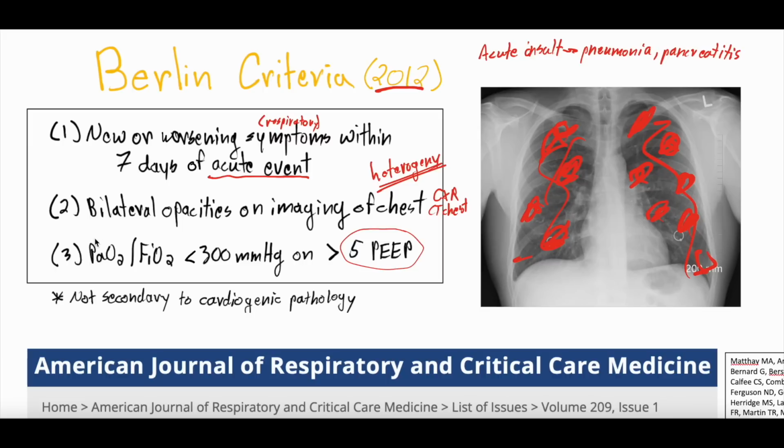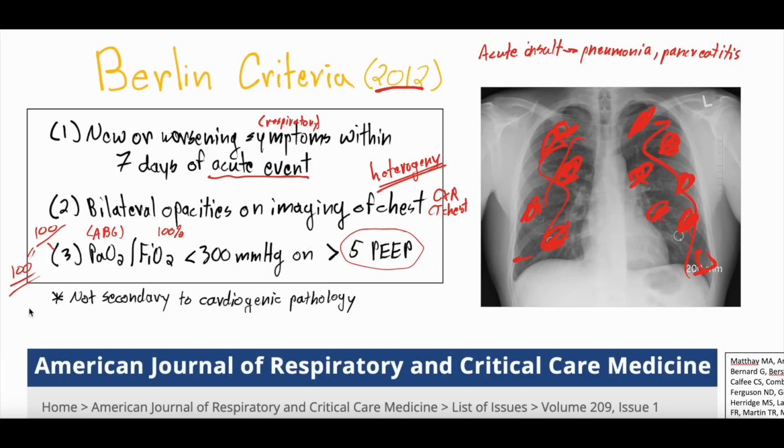And this is where you get an arterial blood gas, an ABG, right? Sampling of the arterial blood. You look at the PaO2, the partial pressure of dissolved arterial oxygen, and then you divide that by the FiO2, the fraction of inspired oxygen. So let's say they're on an FiO2 of 100% on the ventilator. You get an ABG and their PaO2 is 100. You would divide 100 by the FiO2 of 100%, which as a fraction would just be 1, right? And that P to F ratio would be 100. That's less than 300, so that'd be consistent with ARDS.